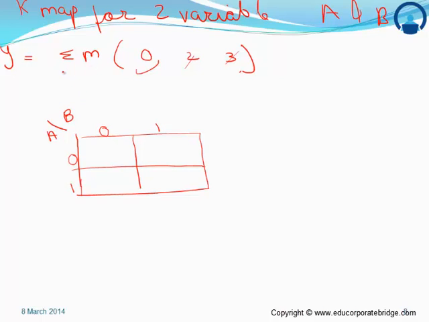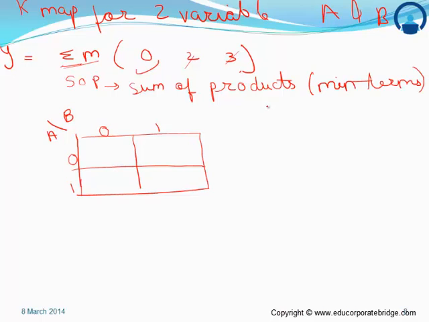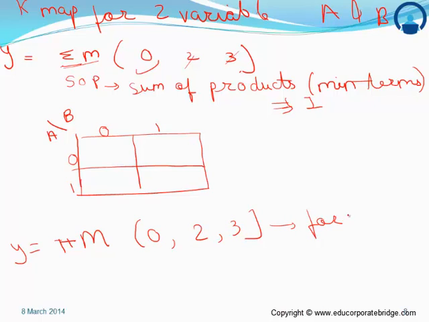This sum of m represents the SOP form, called sum of products, also called min terms, and it is represented by 1. So if an SOP term, sum of products or min term, is given, we always represent the min term by 1. Similarly, if y is given like this, pi of m, say the values are 0 to 3 for two variables,